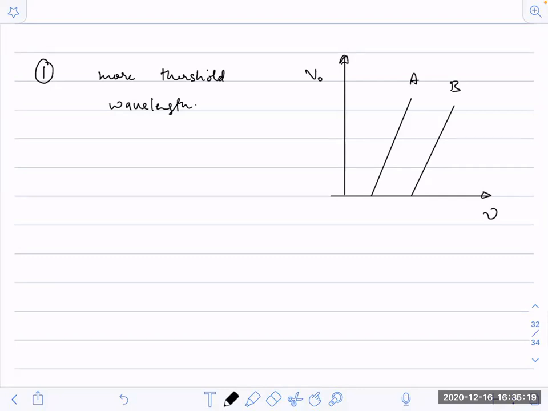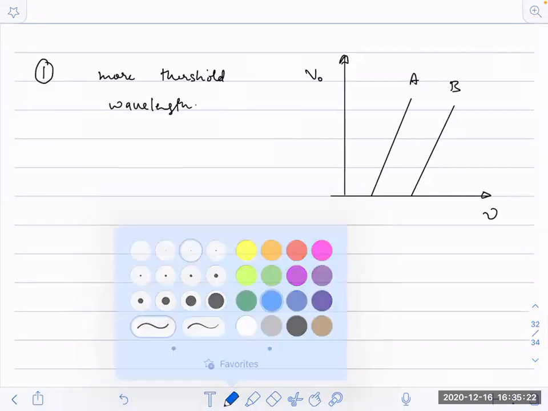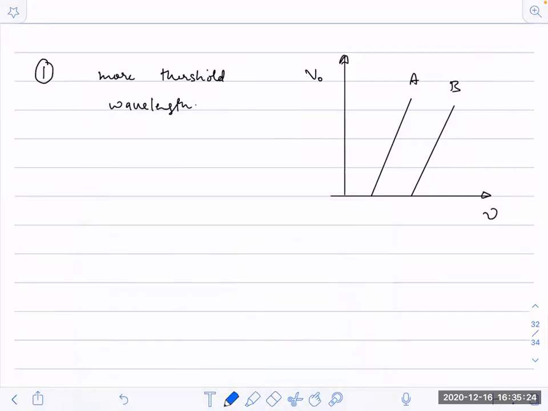See how to identify this thing. First of all, we know that this is from the photoelectric effect, Einstein's equation. How did we write this equation? The incident energy is equal to the phi value plus the maximum kinetic energy we had assumed. Now, the maximum kinetic energy was written in terms of stopping potential. This is the threshold, this is the work function.